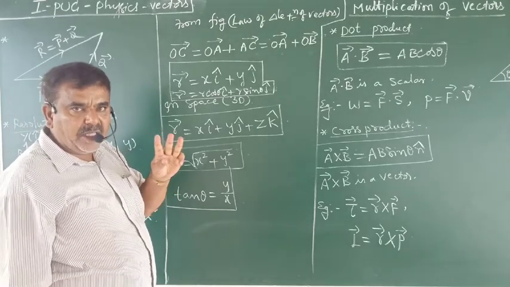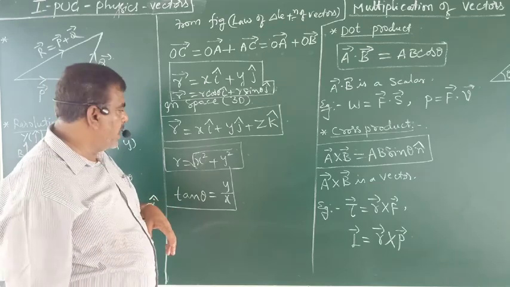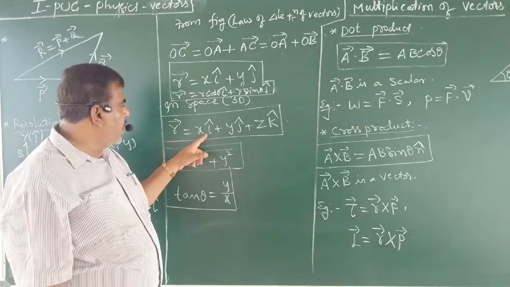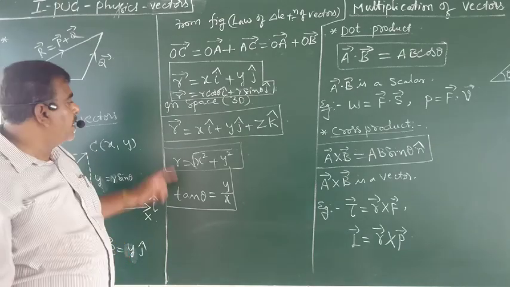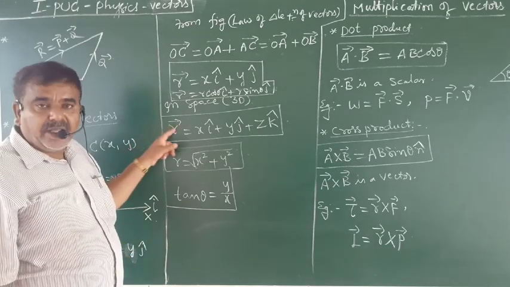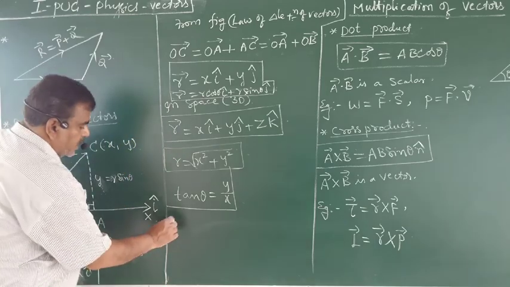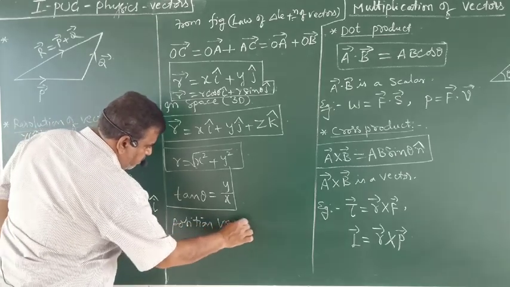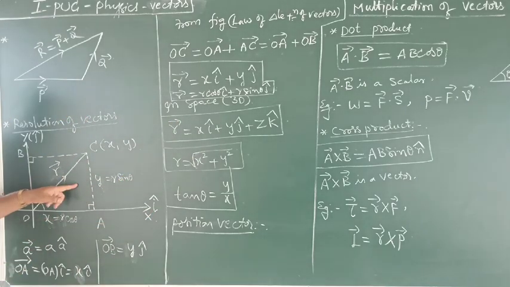Space is three-dimensional: x coordinate along the x-axis, y coordinate and z coordinate. Therefore, this vector R is the sum of the x component, y component and z component. Okay? This vector R is called the position vector. The name itself signifies,